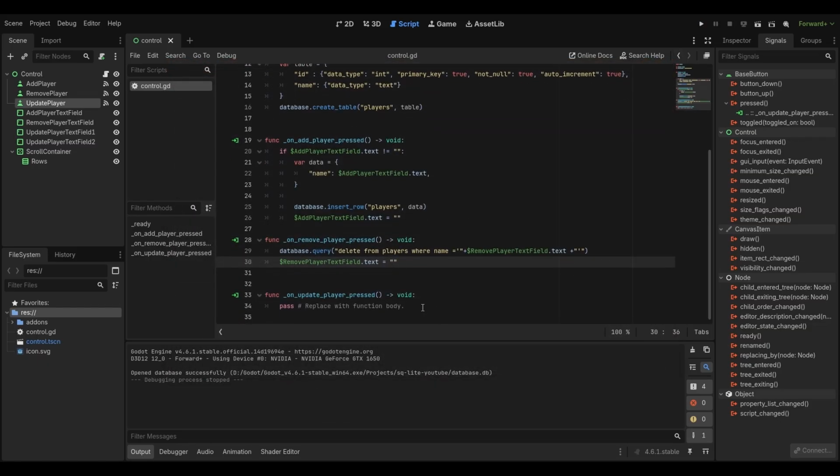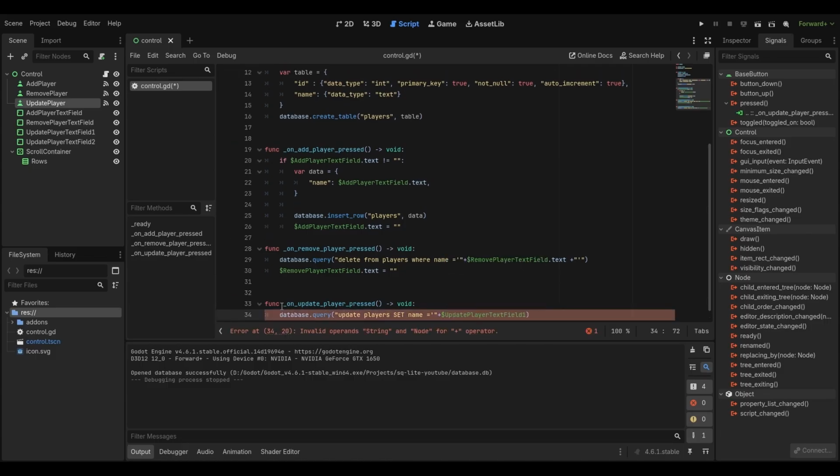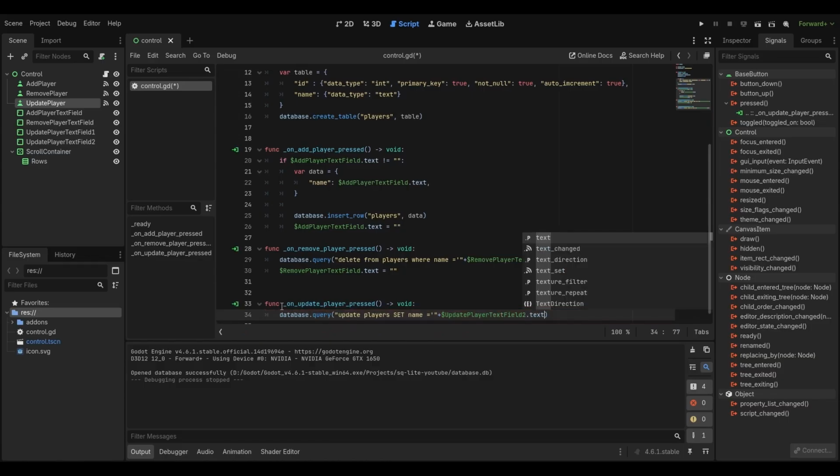Now the last function is how to update the player. Now again, I'm going to type a query. So database query is going to be update players set. We want to set a new name for the player. So it's going to be update text field number 2 dot text,